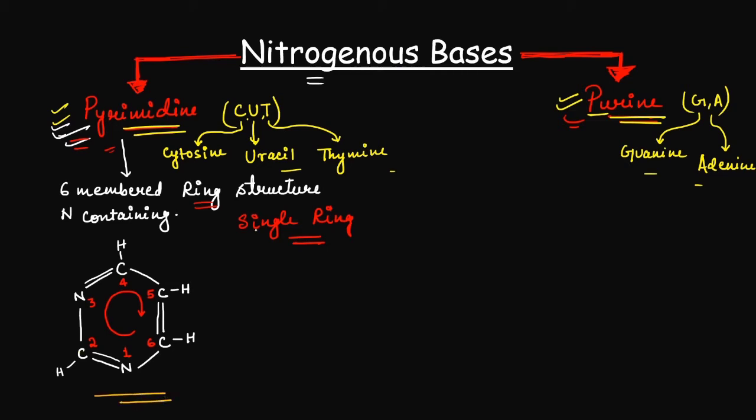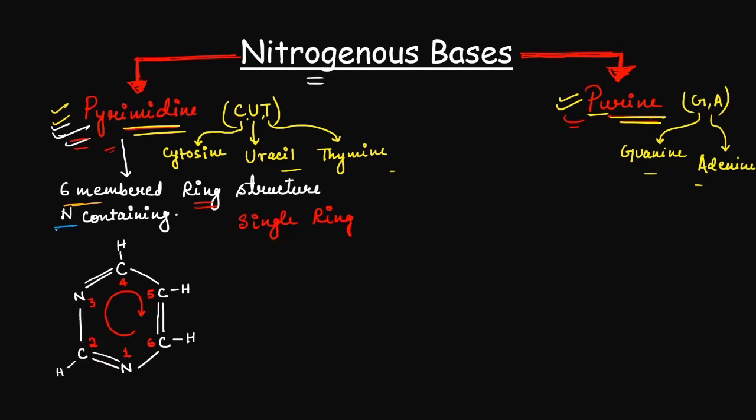So simple and easy. It is a 6-membered ring structure with a single ring. We have to draw the first 4 members in an alternate way, that is carbon, nitrogen, carbon and nitrogen. The rest of the 2 members will be on this side and both will be carbon. Now we have to remember the double bond position. We will start placing the double bonds from this topmost carbon and they will be alternate: the first double bond, gap, second double bond, gap and third double bond. In case of numbering we will start from this bottom nitrogen and go in a clockwise direction. So our pyrimidine ring structure is ready.